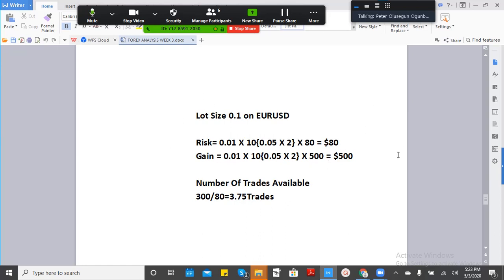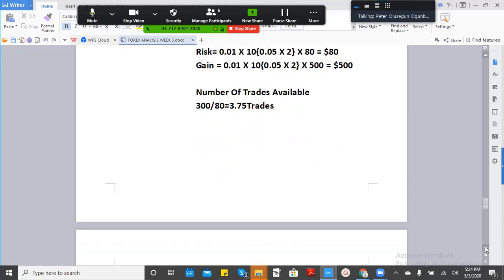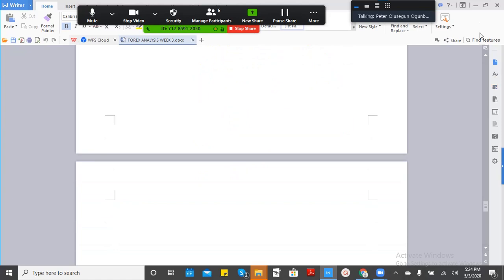So it's very important for us to know how we use our risk and reward ratio and the lot size you want to use. It's better for me to use 0.01 to gain something more, because 0.01 might probably give me more opportunity of taking a bigger risk, so that I save my account to gain more than taking unnecessary risk with big money and losing. I think with that said,